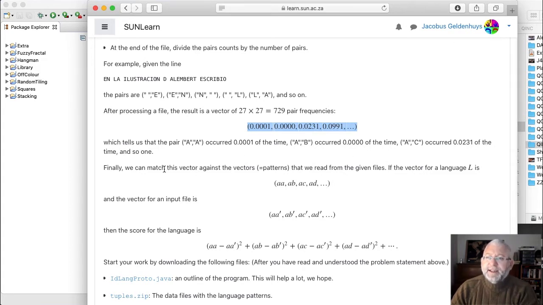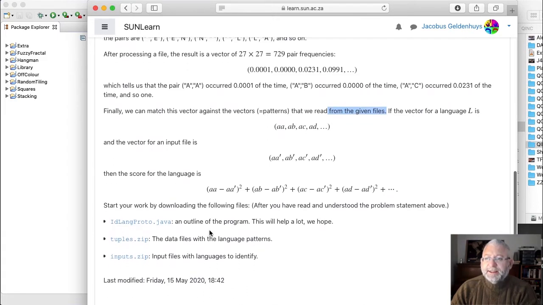We can match the vector for the incoming text file against the patterns that we've read from the given files for the 7 languages. If the vector for language L is AA, AB, AC, and the vector for an input file is AA prime, AB prime, AC prime, then the score for the language is